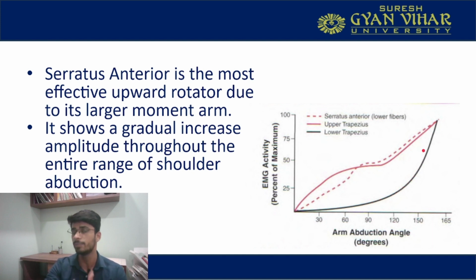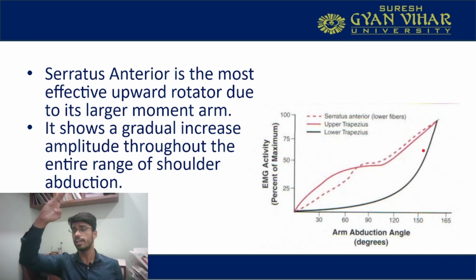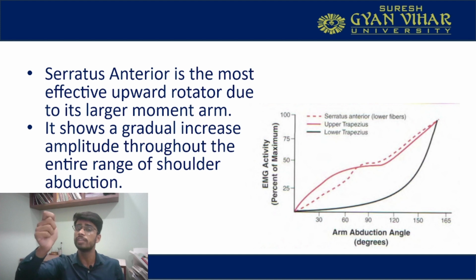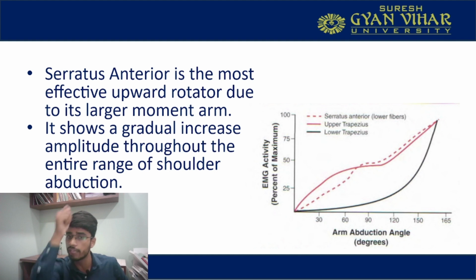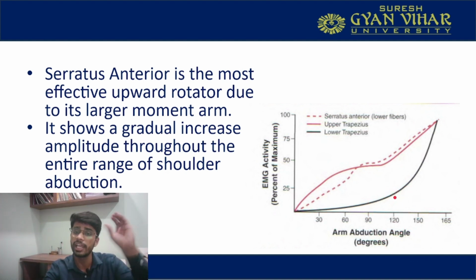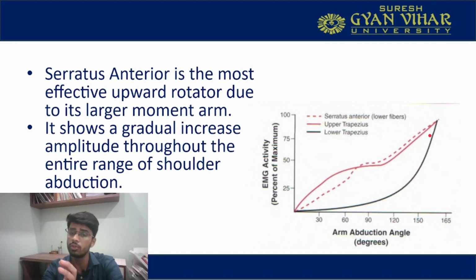This is happening because elevation is occurring at the sternoclavicular joint. In order to counteract that elevation, your lower trapezius is acting to depress the elevation of the clavicle, because it is antagonist to the upper trapezius muscle. So in the later stage, when the elevation is at a certain angle, your lower trapezius starts to act in order to counterbalance the antagonist functioning of your upper trapezius muscle.